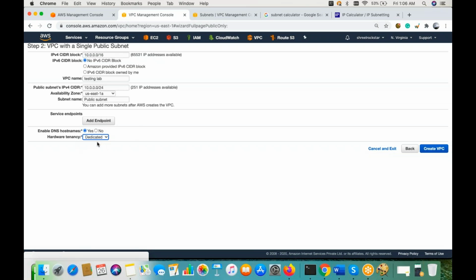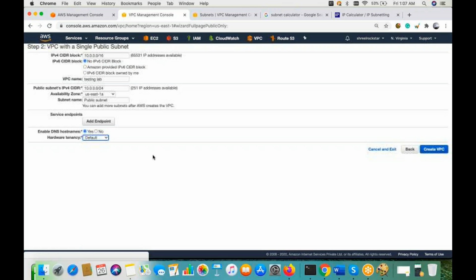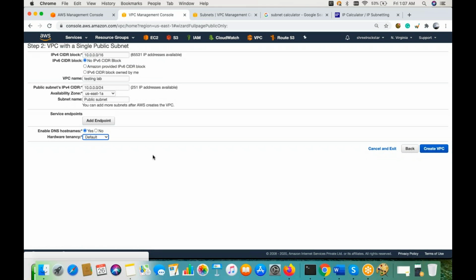If you go with dedicated, charges will be extra, but it will be more secure. Generally banks and critical agencies follow this. But for basic understanding, and by default, we always go with default unless it's a requirement from management. Okay, so let's create this VPC.